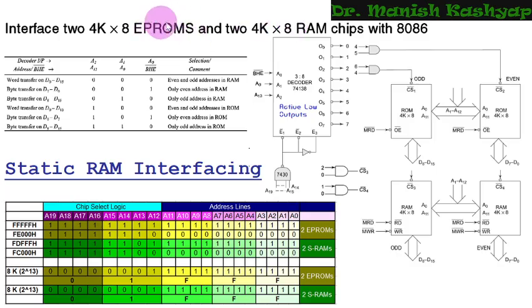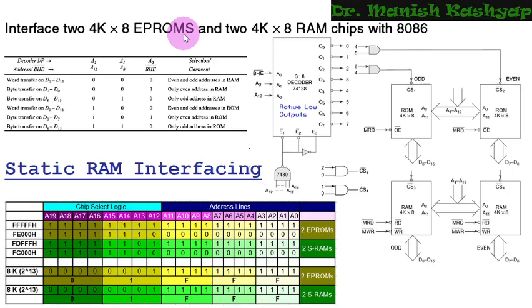So for ROM, as I have already discussed, whenever the external reset pin is set, the address automatically goes to FFFF0, that is 4 times F and 0 in hexadecimal. So that location should be included in ROM. And you can see that FFFF0 is an address which will come at the last portion of the 1 megabyte location. Complete 1 megabyte addresses can be there in 8086. So that address comes near the last locations. So this ROM should be interfaced near the last locations, right? And whatever space it will consume,